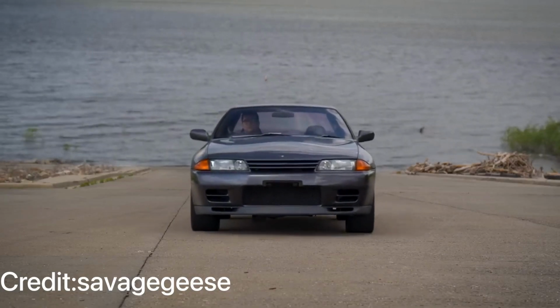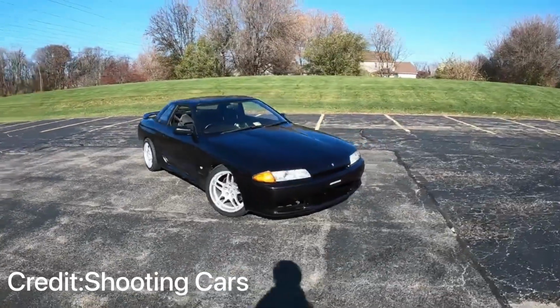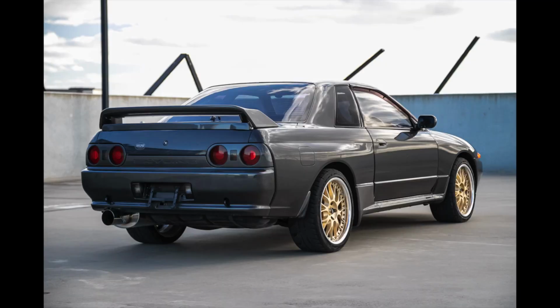The R32 Skyline is a part of the 8th generation of the Nissan Skyline that ranged in production from 1989 to 1994, with a total of 296,087 units being produced. The R32 is my favorite of the Skyline generations due to the fact that it started the Godzilla craze, with